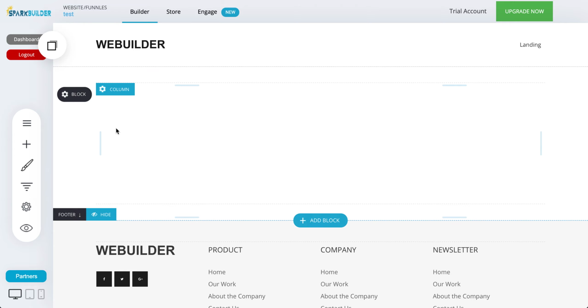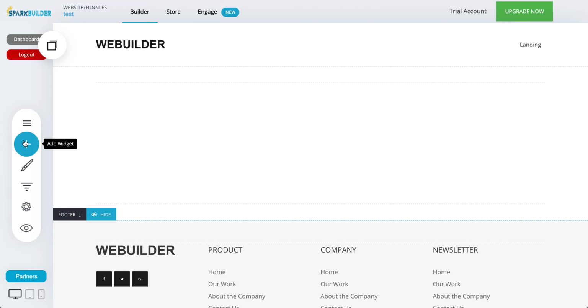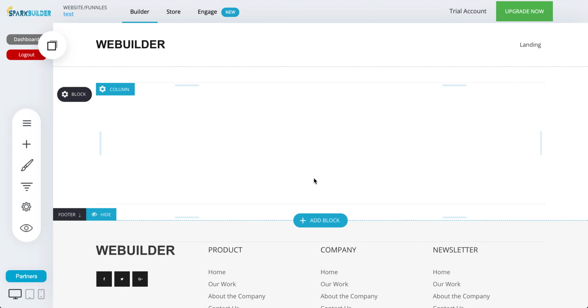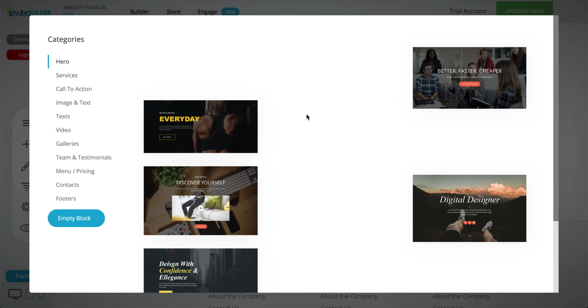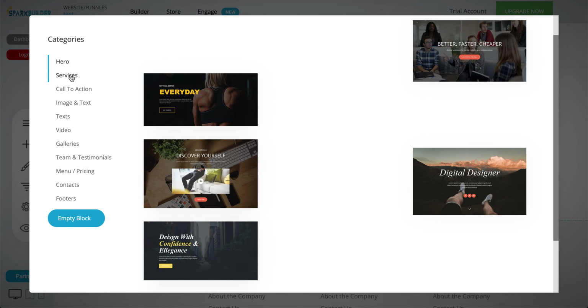Here we're starting with an empty template just to show you what it's like to build out a block. So you have a couple different options. First off, you can build from scratch. Second, you can add a block. We have pre-made blocks ready for you guys to use